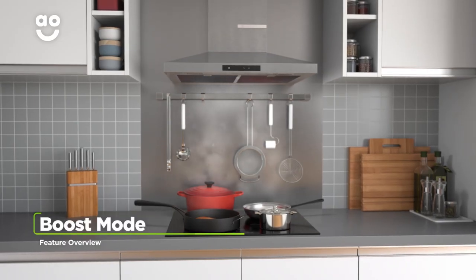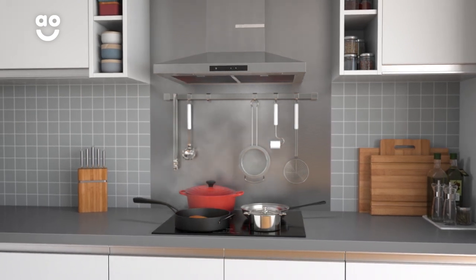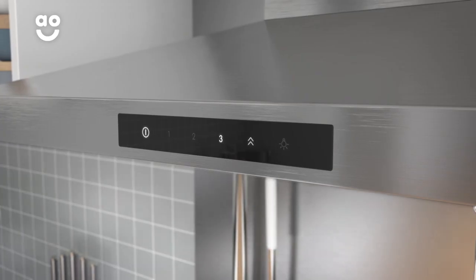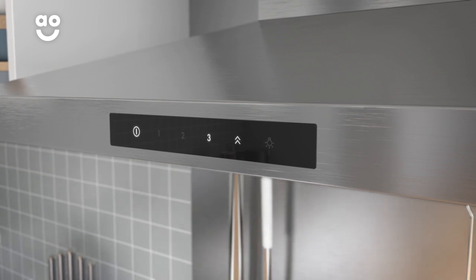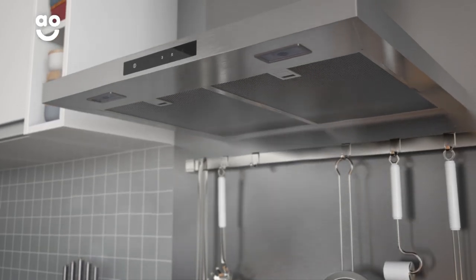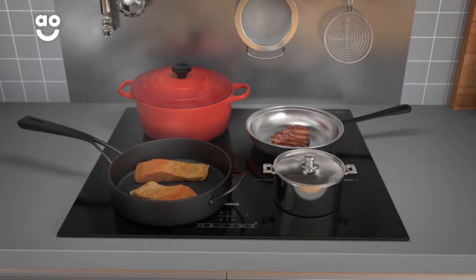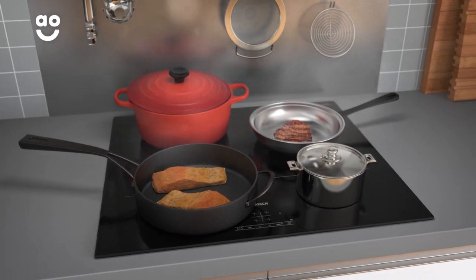The Boost Mode is a great feature that gives you extra power to remove steam and cooking smells as quickly as possible. Simply select the Boost option and the fan's strongest suction setting will kick in for 5 minutes, taking steam buildups out of the kitchen quicker than standard models. So, whether you're boiling, frying or just cooking a more fragrant dish, the air in your kitchen will always be